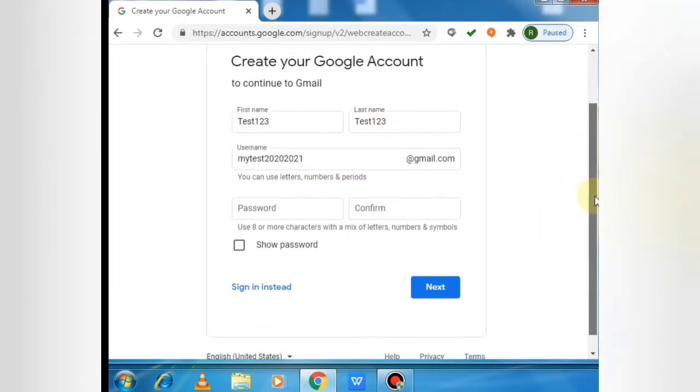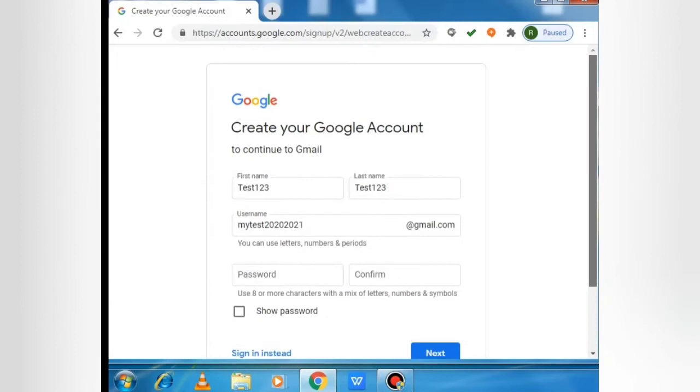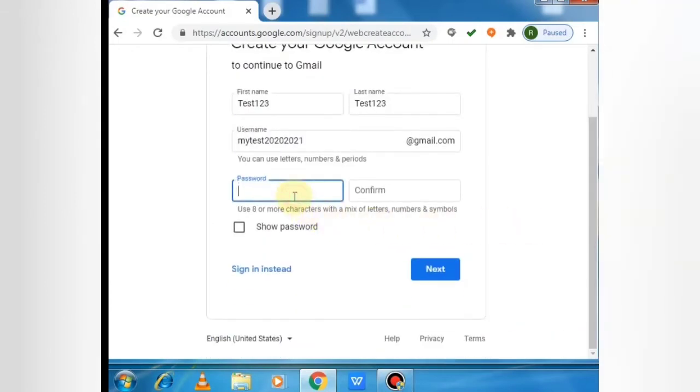Now we have to create our password. There are two fields to create our password. One is for setting our password, the second is for confirming our password. Whenever you are creating a password, it should be a minimum of 8 characters long, and it should contain letters, digits and symbols.